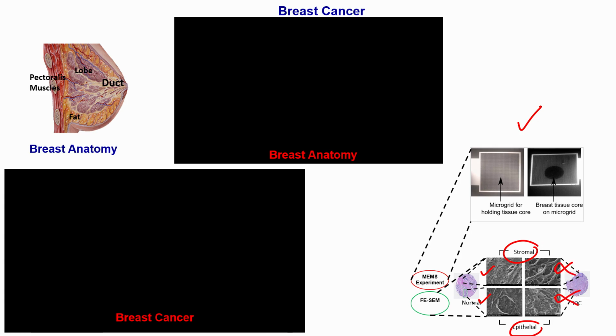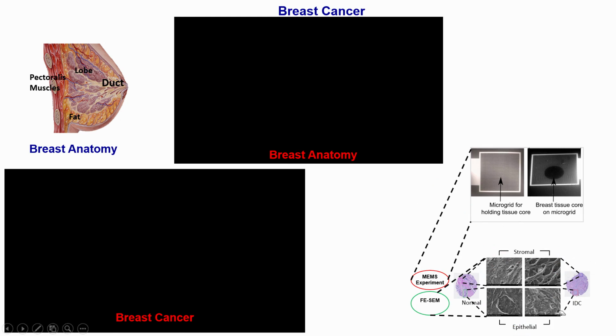These are SEM images of breast tissues, and these breast tissues are nothing but tissues that are taken out with the help of biopsy. Alright. So, when you see the SEM image of the tissue, normal versus cancer,